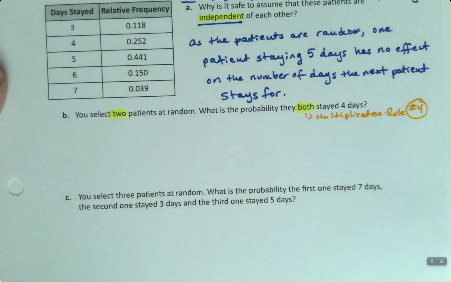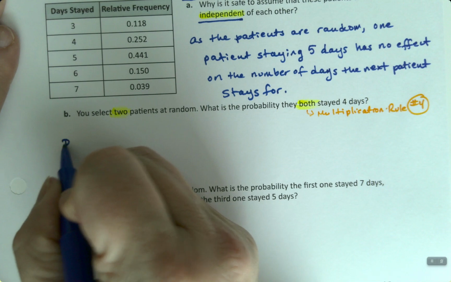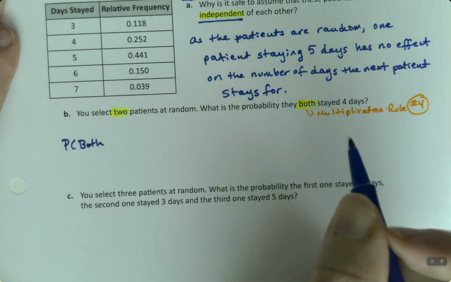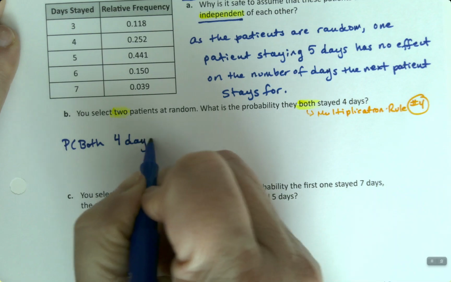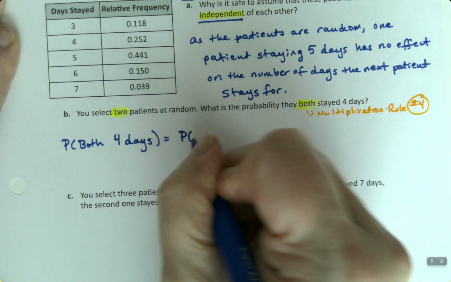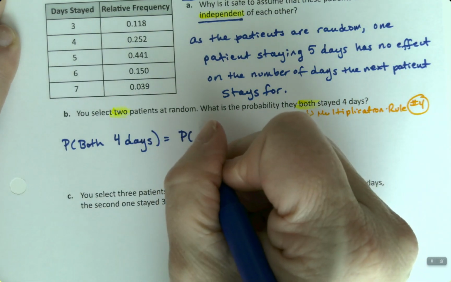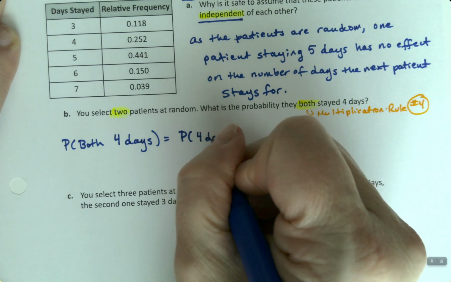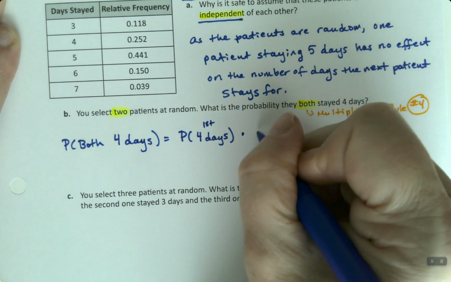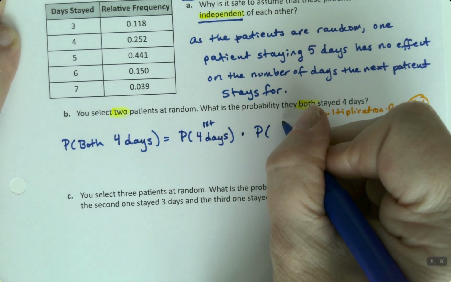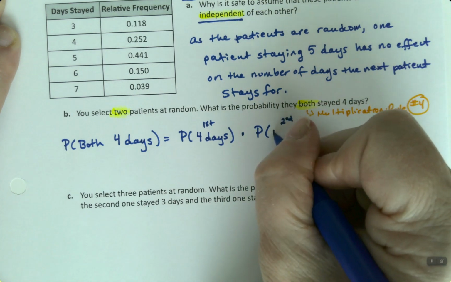All right, so the probability of both patients staying 4 days is the probability that the first patient stays 4 days, right? That's the first patient, times the probability that the second patient stays 4 days,